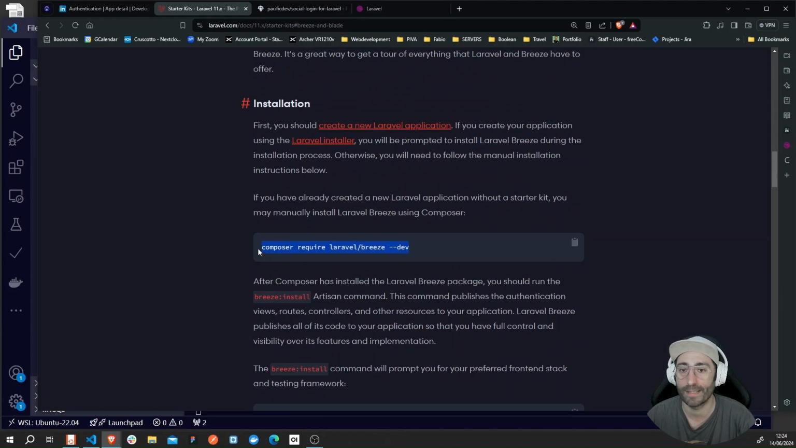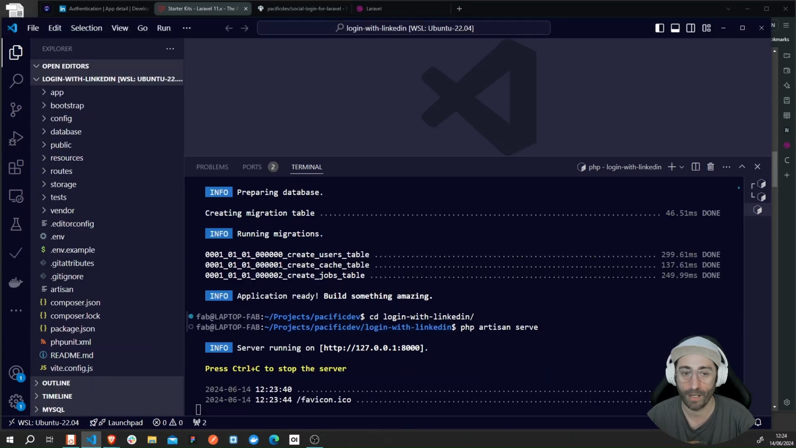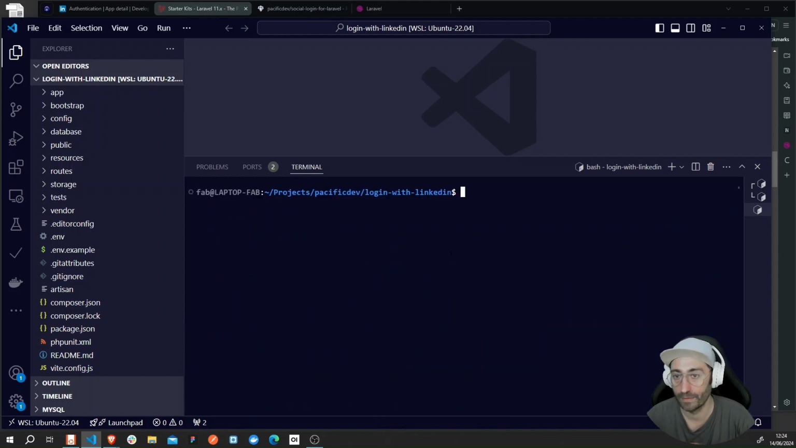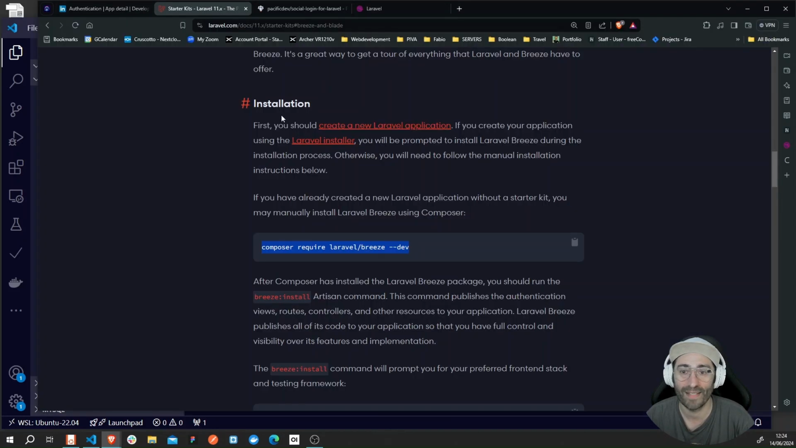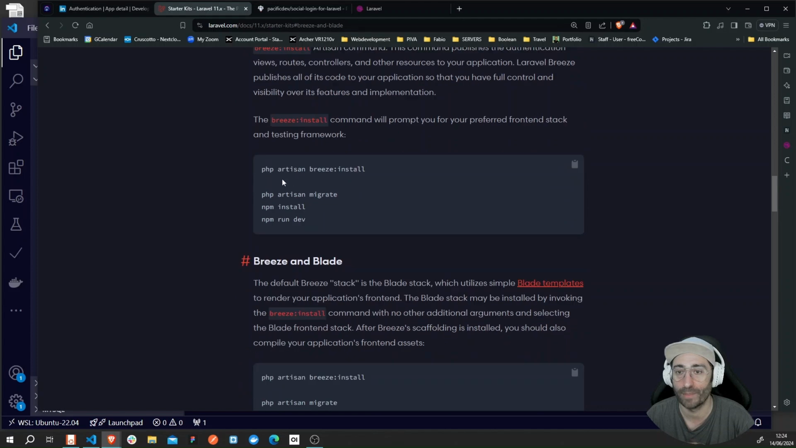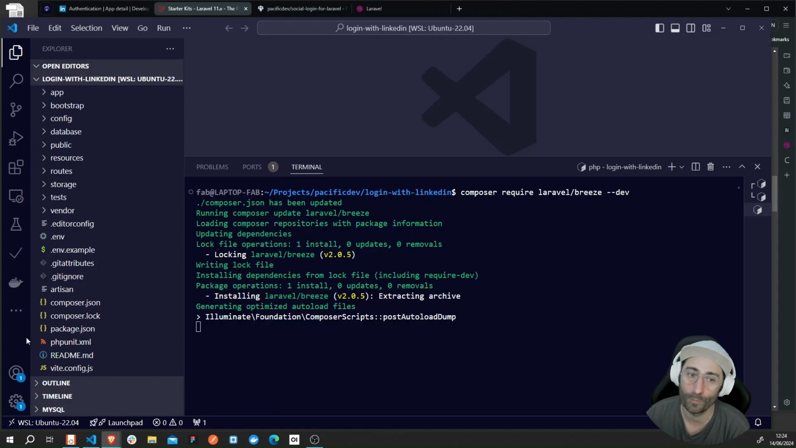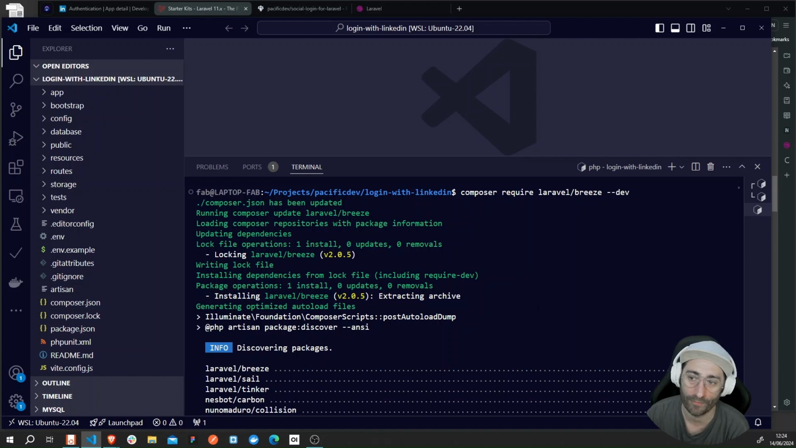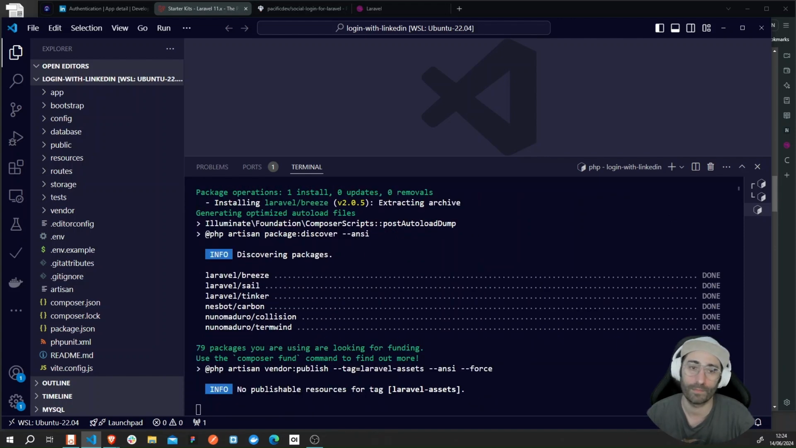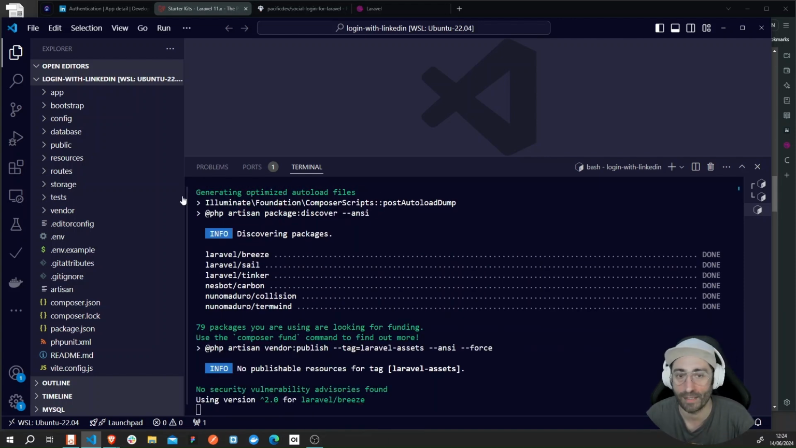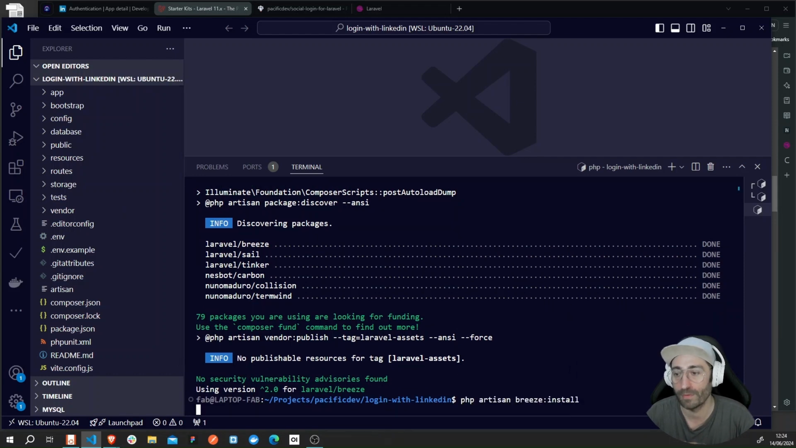Just grab these, and then you run. Let me stop the server for a second, clear the screen, and then copy these. After you've done that, you need to visit the installation page again and scroll a bit down and grab this stuff here. So you need to install this scaffolding. So you just install the package with the first command. So this is going to have the package inside your vendor folder, but now we need to install the scaffolding